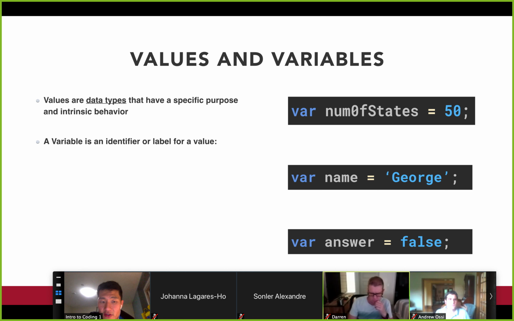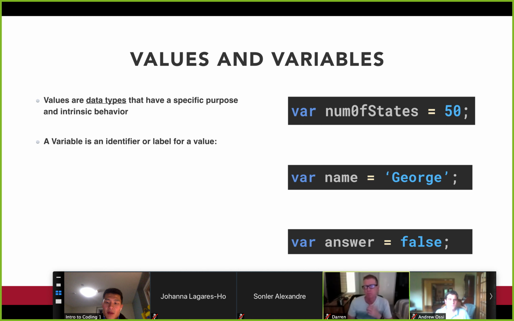If you look at the first example, var, and this word numOfStates equals 50, var just means we're creating a new variable. numOfStates becomes the name of the value 50. And so now if I ever need to use 50 again, rather than type it out, I could just type in numOfStates. One immediate thing that comes to mind is, well, why wouldn't I just write 50? Because numOfStates is actually a lot more characters to write than 50. And the answer is because